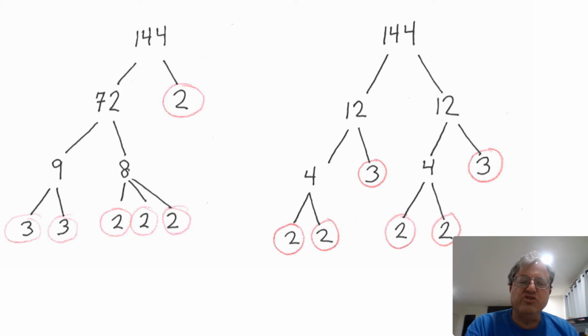And when you're done with all this, you're left with the same prime factors: 4 factors of 2 and 2 factors of 3. 2 to the 4th times 3 squared. That's the unique prime factorization of 144. Kind of neat, I think. And